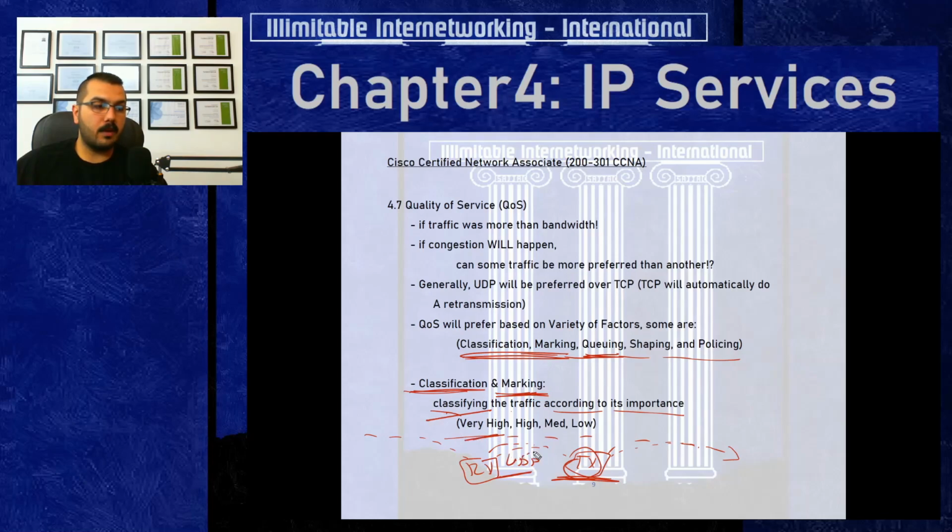So you will be the first type of traffic to be transmitted, and after I finish transmitting you, guaranteeing that there will be no congestion by transmitting you alone, then I will start to transmit the high traffic, which maybe is FTP. After finishing transmitting the high traffic, I will then start to transmit the medium, and